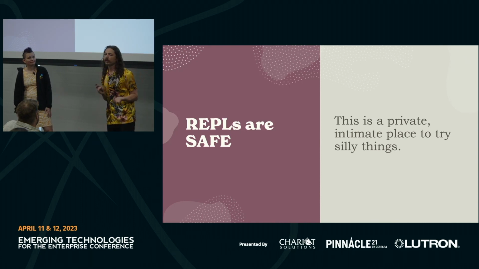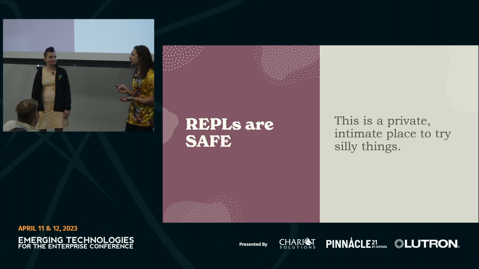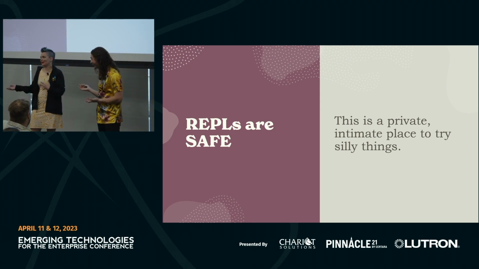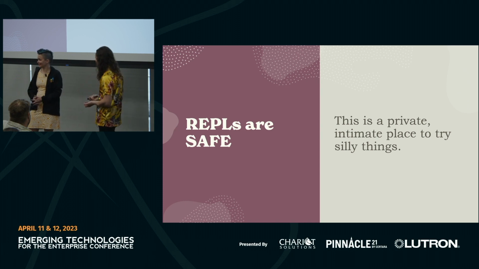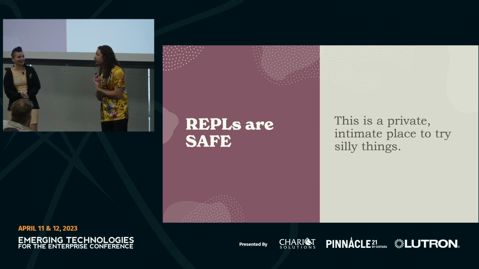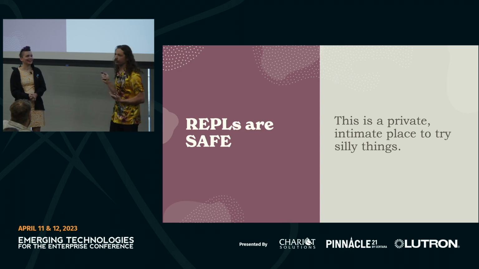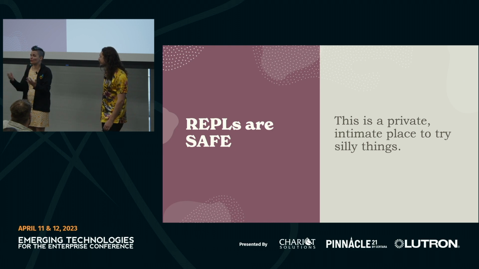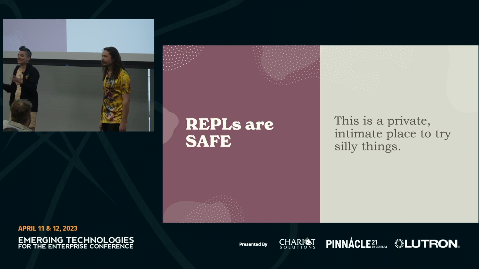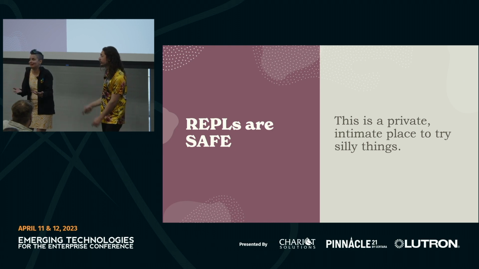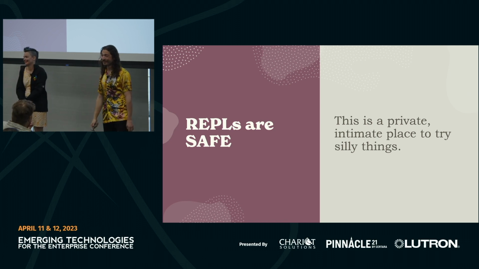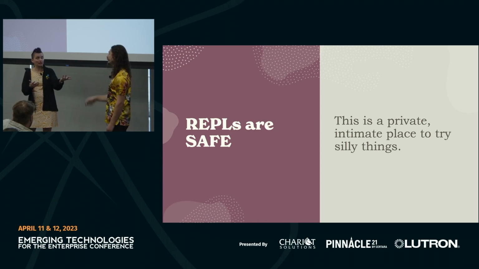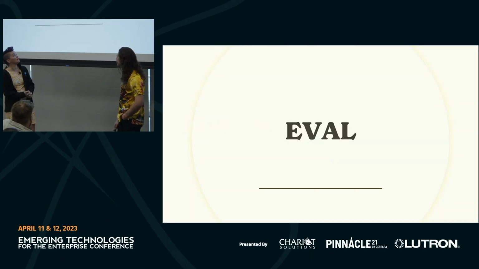And what you get from all this is a sense of safety. What happens in the REPL, like you were saying, stays in the REPL until you cut and paste it out, of course, but that's your choice. It's your own private error. You can do the dumbest stuff in the REPL, stuff that you might be embarrassed by. And it feels like play because you know this isn't production. It's not even a file. You're not going to check this in before running it. There's no record. Well, the REPL has a record. It has a record, but it's ephemeral. Yeah, exactly. It's ephemeral. It's lossy.